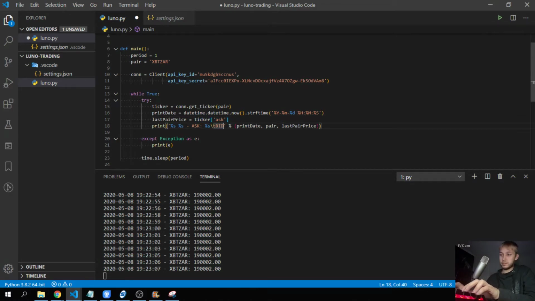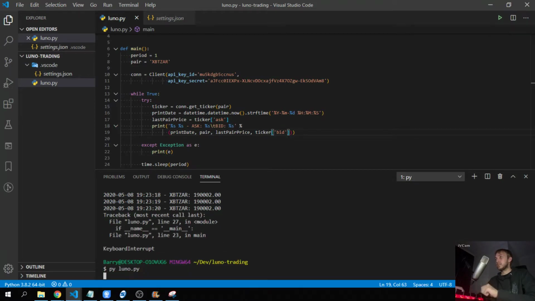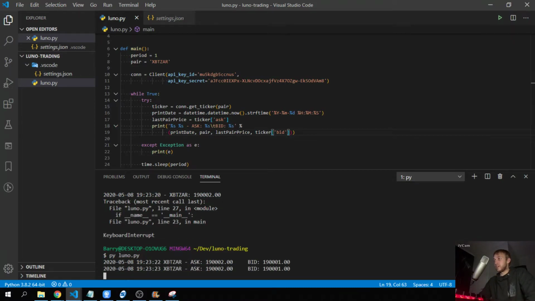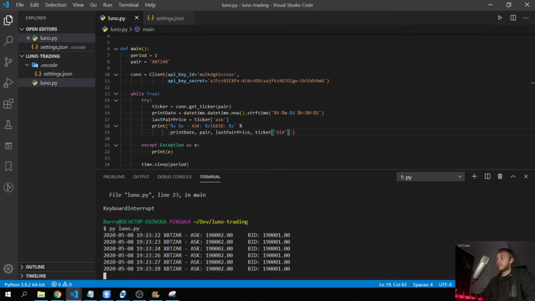After the bid, we make a little S here, and we move this ticker.bid in here. So we can do a bunch of little string formatting things, and it's a lot more organized now,